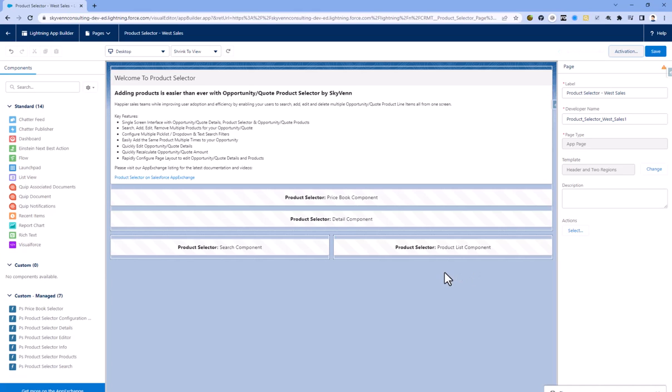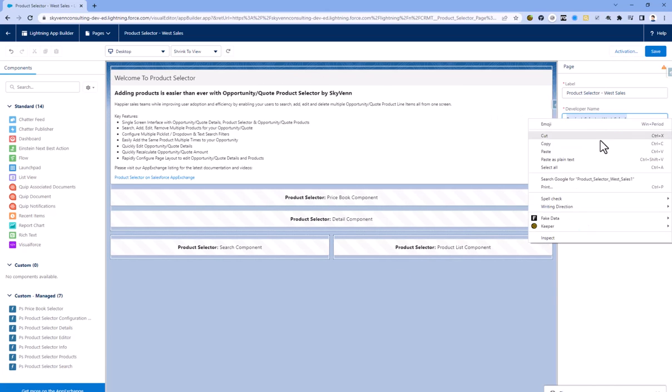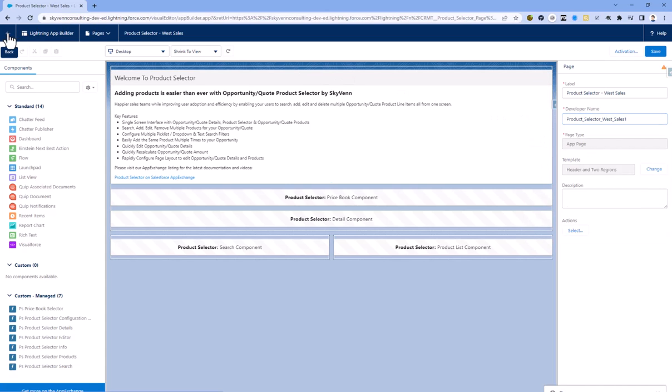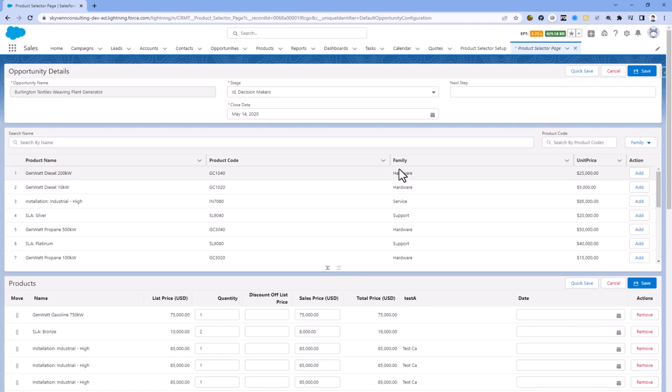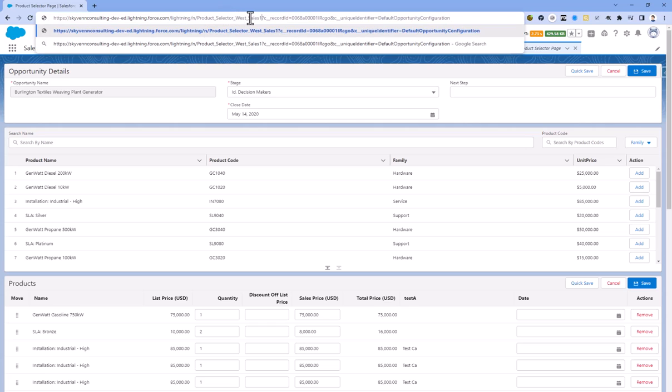And we need to understand how to actually use this page in the product selector. The key is this developer name. So I've saved it. And if I go back to the product selector, you notice that this layout is different than what I just created. That's normal because the layout that you're using is actually determined by this value here. So you have the URL of your application, Lightning, N, and then you have this name. If I replace this value with the developer name of the page, in this case Product Selector West Sales 1,